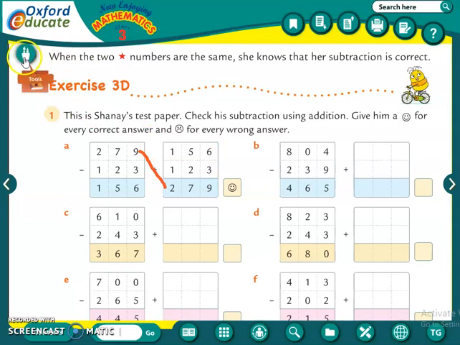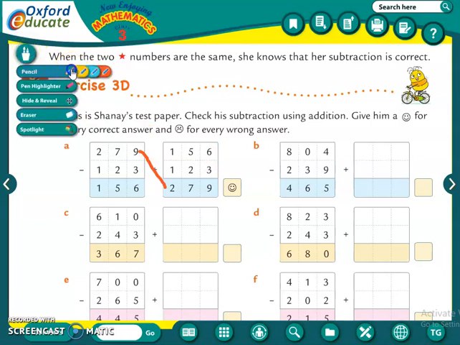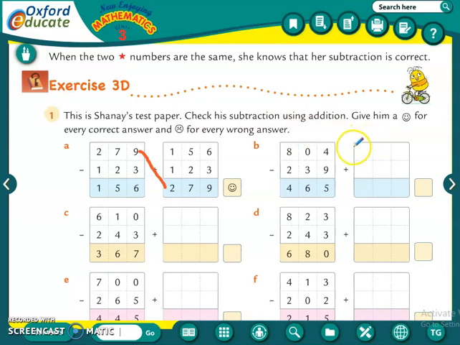What we have to do? We have to simply write the number here. We will not do any calculation here, but we will do the sum. 465, and the same number whatever is written here, 2, 3 and 9. Okay, so now we have to add these both numbers. What will be the answer?